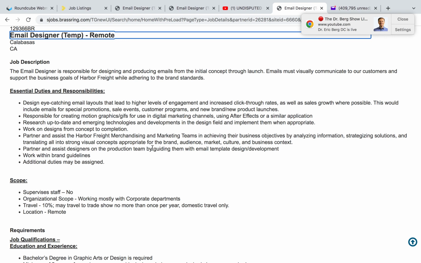So let's get into the responsibilities. This is the email designer position. It's a temporary position. I don't think I saw how long the temporary position will last. Is it 6 months, a year, or whatever? I didn't see that information. But anyway, let's start with the description. It says the email designer is responsible for designing and producing emails for initial concept through launch. Emails must visually communicate to our customers and support the business goals of Harbor Freights while adhering to the brand's